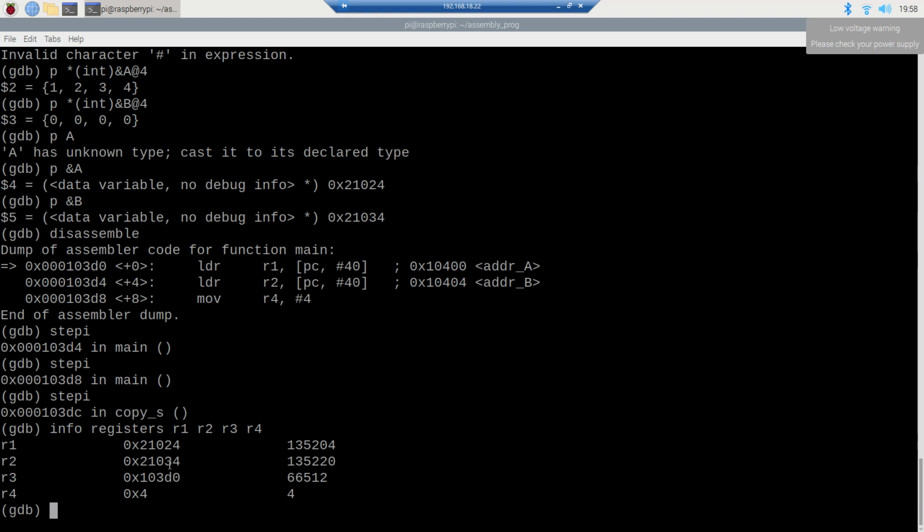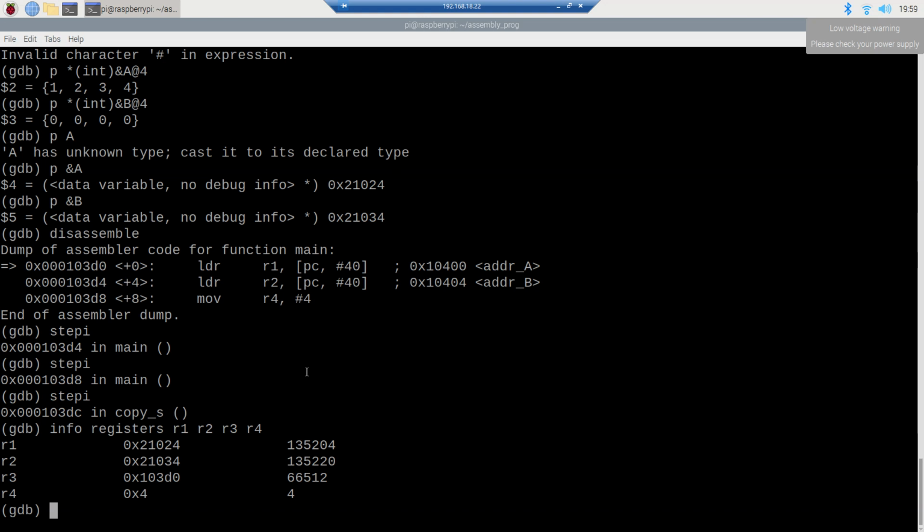So this was the address of the first element of the array, and this was the address of this particular place of the array B. So that's the difference: adding 4 bytes, 4 bytes, 4 bytes, 4 bytes makes 16, which is 10 in hex. When you add that in the address, this makes 21034, basically adding 16 in decimal terms. So that means the address is correctly aligned in memory, with an alignment of 4 bytes